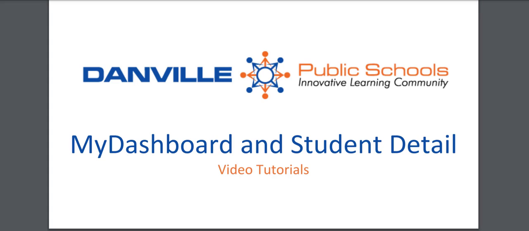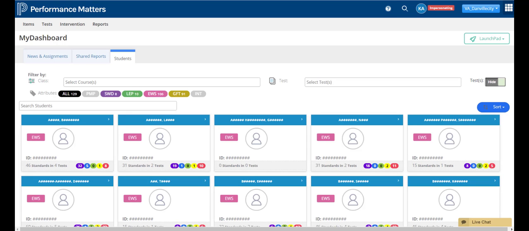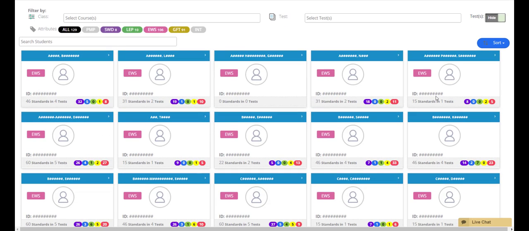In this tutorial, you will learn how to navigate and utilize MyDashboard, which is the dashboard you are taken to when you first log in or select MyDashboard from the Reports menu. If you are a teacher, you are immediately taken to a dashboard showing all of your students on student contact